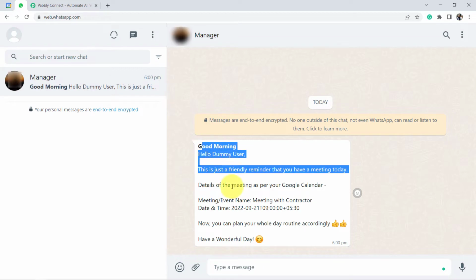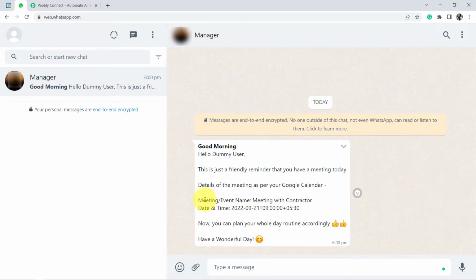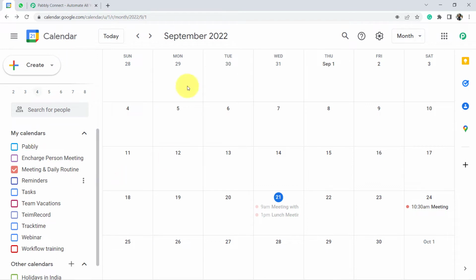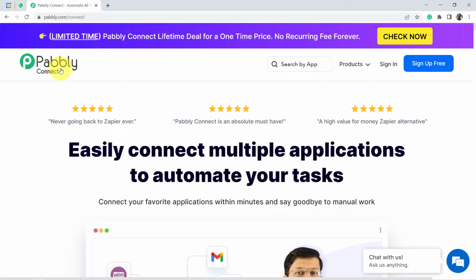So I'm going to set these kind of automatic reminders for my WhatsApp, and the meeting details and time will also be included, and these automated reminders will actually come from the Google Calendar. And to create this automation, I'll connect Google Calendar and WhatsApp with the help of Pabbly Connect, which is